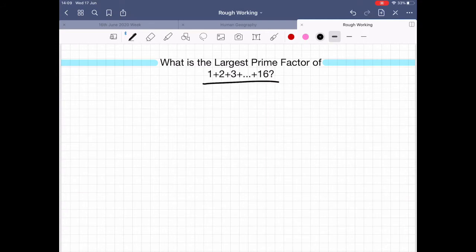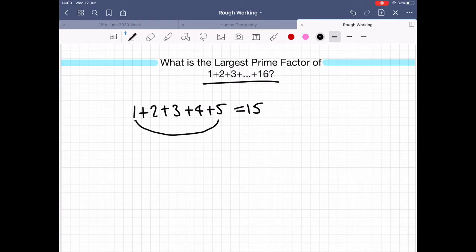out the prime factor. So how do we do that? Well, there's actually a way to do this. If, let's say, you had 1 to 5, add them together. So you could just do this normally and you would get 15, but an easier way to do it would